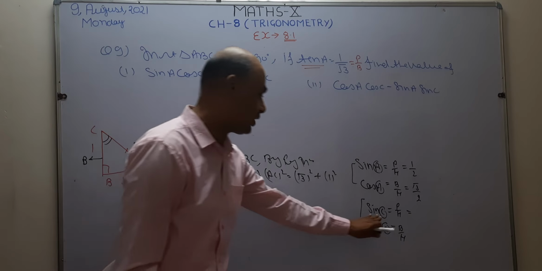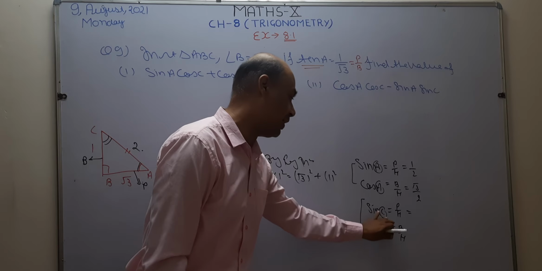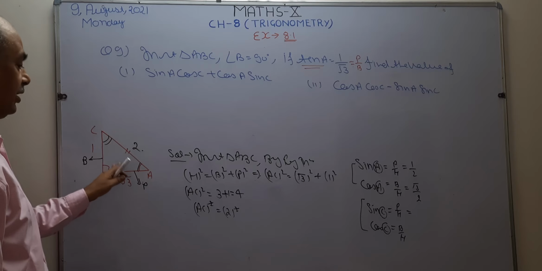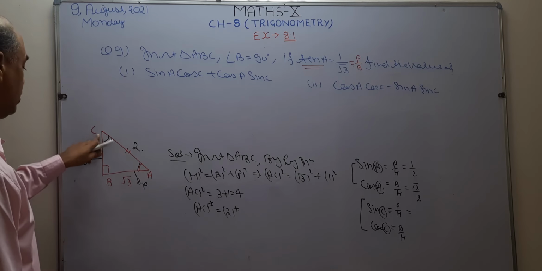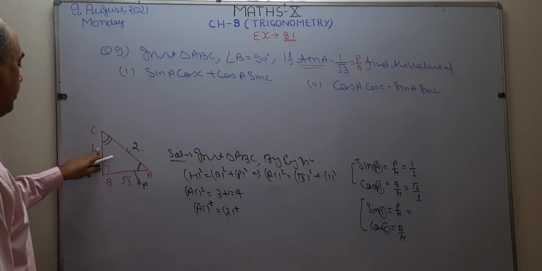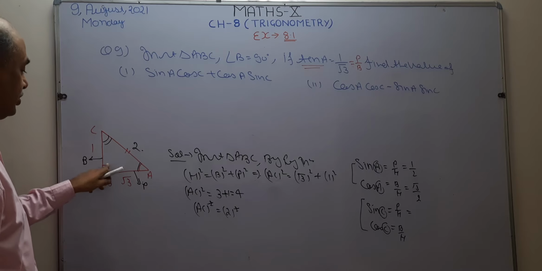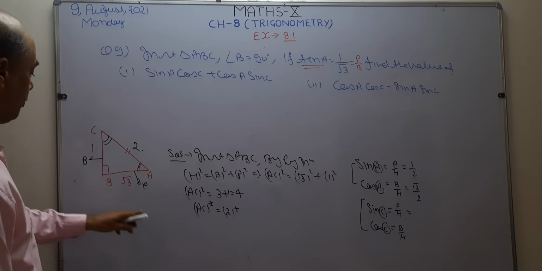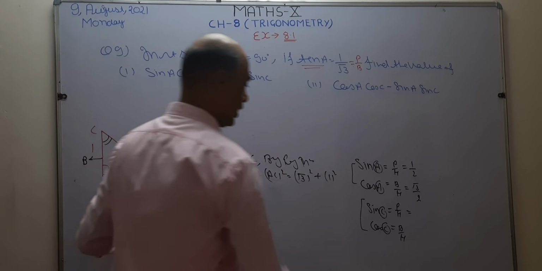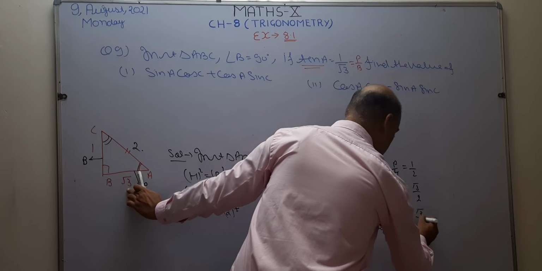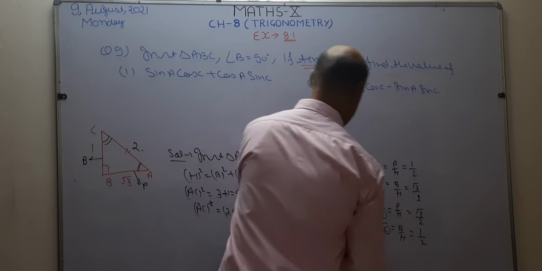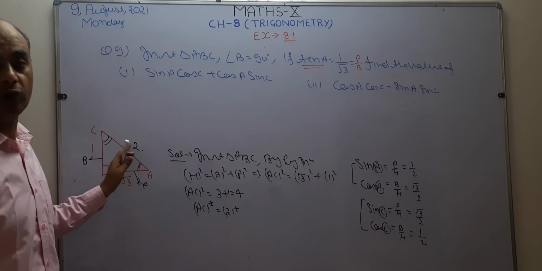Because it is given angle C. This angle is going to decide which one is the base of the given triangle. So angle C is going to lie on this side, so this becomes the base and this becomes the perpendicular. H is going to be the same. Now in the second part, what is required? Perpendicular. Now perpendicular becomes root 3, so write here root 3 upon 2, and base becomes 1, so write here 1 by 2. Okay. H is going to remain the same in both cases.